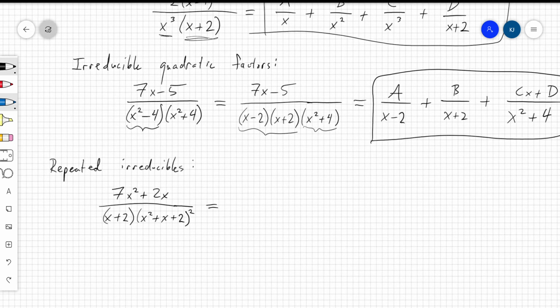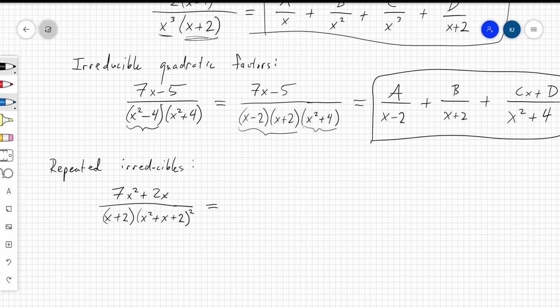And then lastly, there's one other thing that can show up, which is repeated irreducible quadratics. So in this example, the degree in the numerator is 2. The degree in the denominator is 5. If that surprises you, maybe think about this for a second or pause the video. But this is a degree 1 thing times a degree 4 thing because you have a quadratic that's being squared. So if you were to multiply all of this out, which you can do if you want to, you would end up getting a degree 5 thing. So the degree in the denominator wins, so that means that I should be able to split up into these